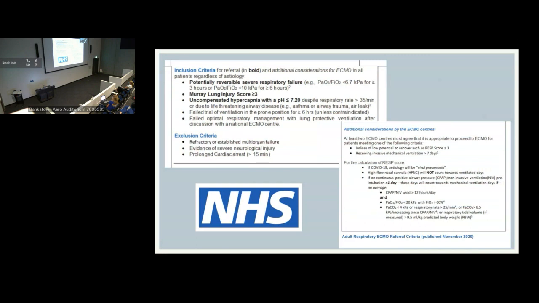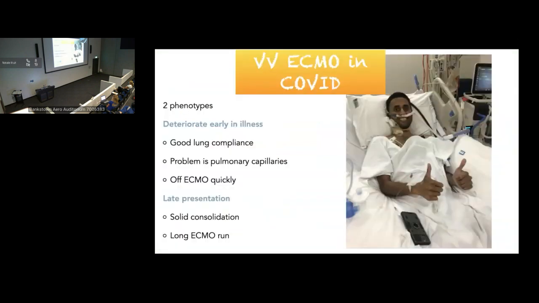So let's move on to the international experience first with ECMO use in COVID. They are also noticing these two phenotypes. So those that are referred early in their disease with normal compliance, or compliance that has only just started to deteriorate, so we're talking about the L phenotype, they tend to have shorter runs. And this is because ECMO is obviously allowing lung protection to occur prior to any sort of irreversible damage setting in. And this is opposed to those that are referred late in their disease with the low compliance, so the